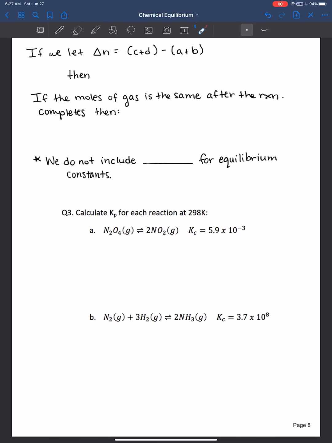Let's say that we represent that change here as change in moles, because essentially that's what it is. It's basically the number of moles of products minus the number of moles of the reactants. Then we can represent the relationship between Kc and Kp as such. So Kc is equal to Kp times 1 over RT to the change in N, or if you were to rearrange this equation, Kp is equal to Kc times RT to the change in